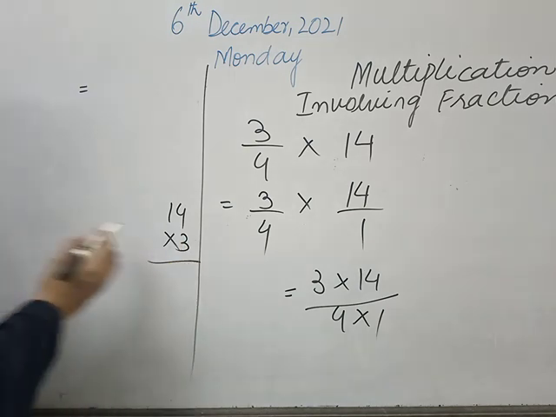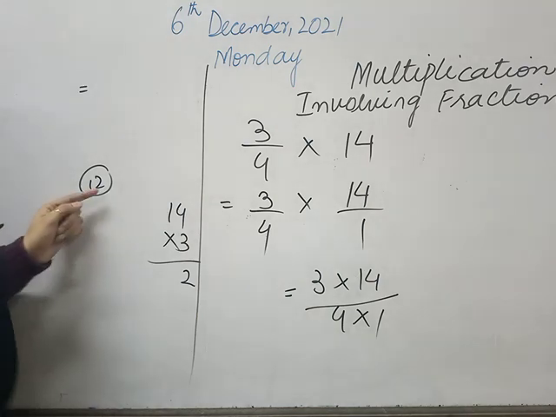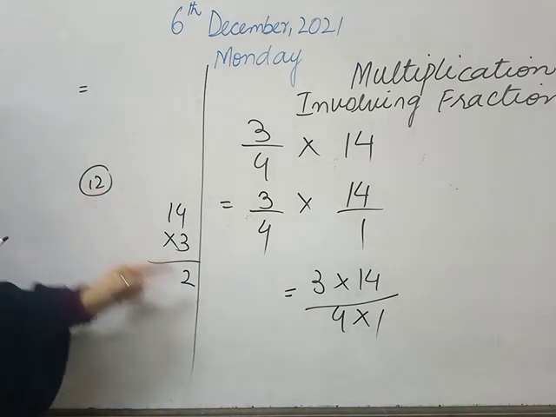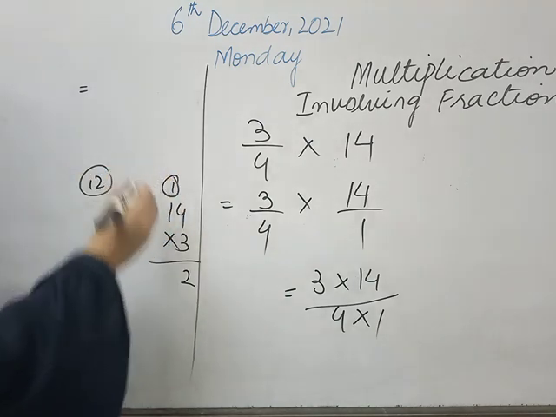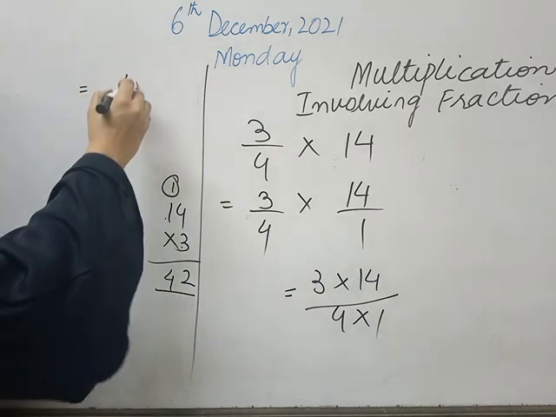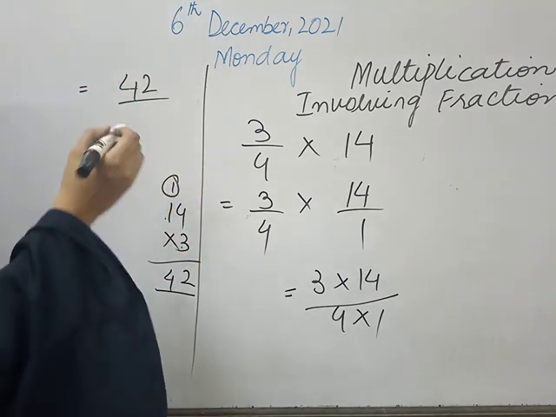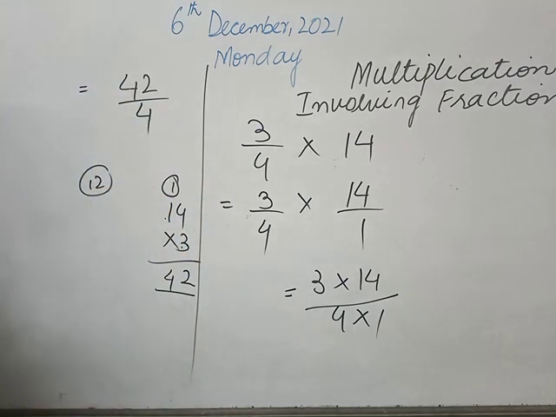The multiplication portion. 4 3 times is 12. It is a 2 digit number, so you know the rule. The number which is at the right place we will write here and 1 as a carry. Now 3 1 times 3, and 3 plus 1 is 4. So after doing the whole procedure, we have 42. Fine. And in the denominator we have 4. Fine class. So the next fraction will become, after solving the numerator portion and denominator portion, 42 by 4. Fine.